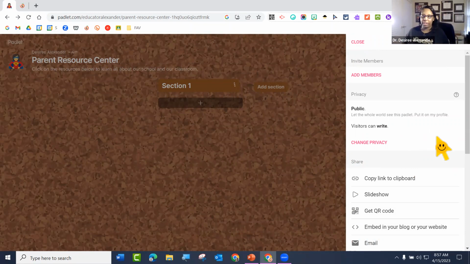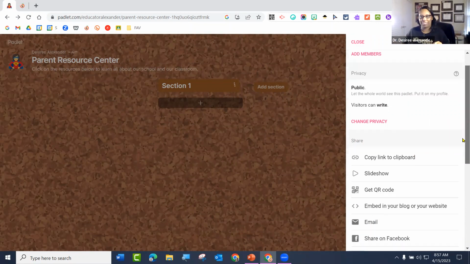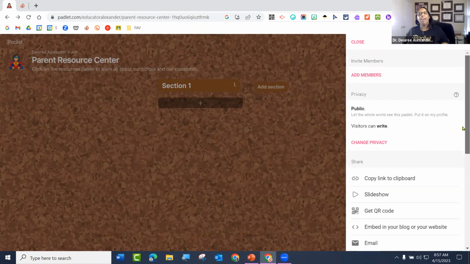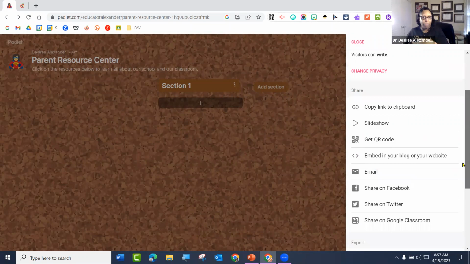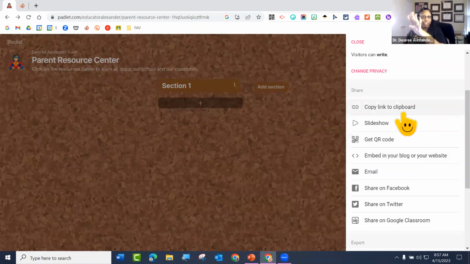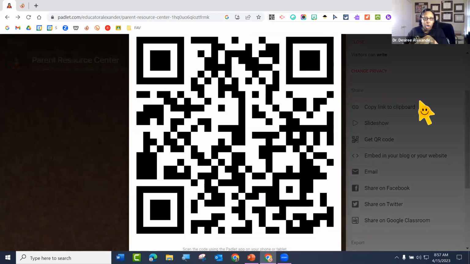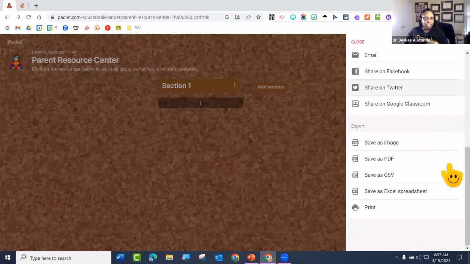All right, let's continue. Unless you have, again, please interrupt me. I'm bad with teacher wait time. So we're still under the sharing settings. I'm not going to go through all these, but you do have different ways to share. So notice you have embedding in your website, getting a QR code. So there you go for my QR code lovers. There's a bunch of different stuff on here.